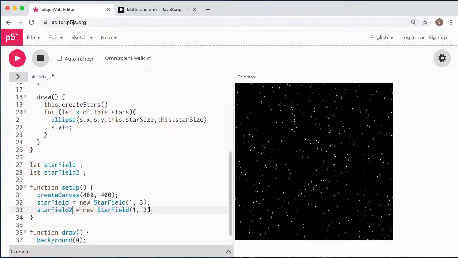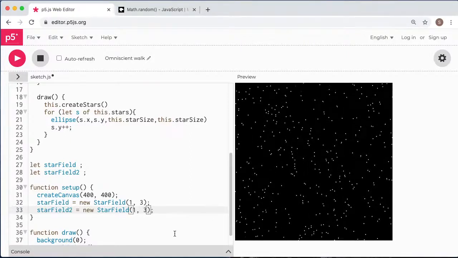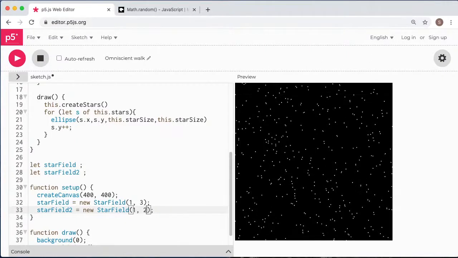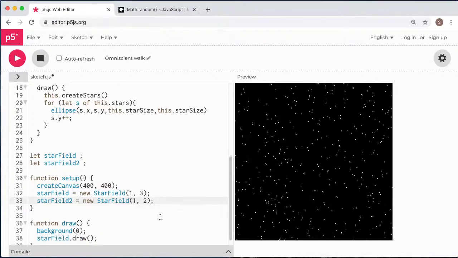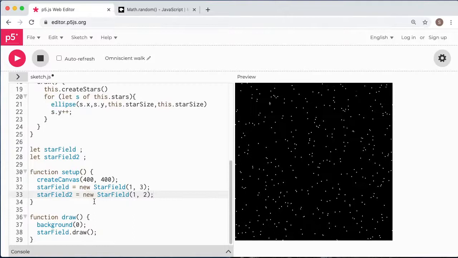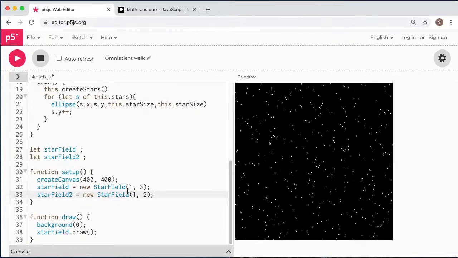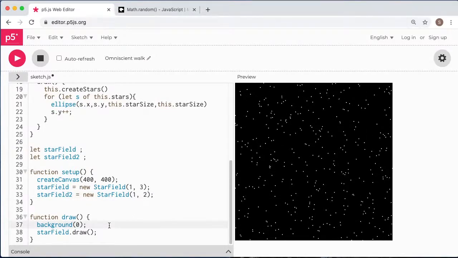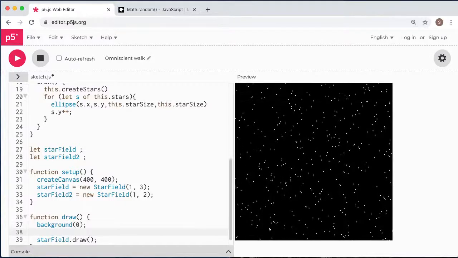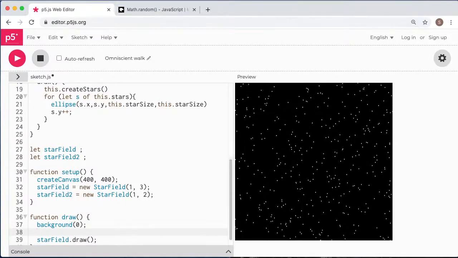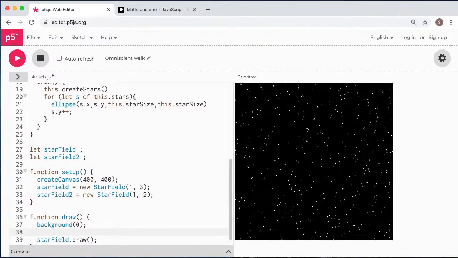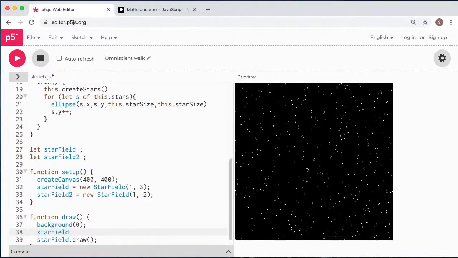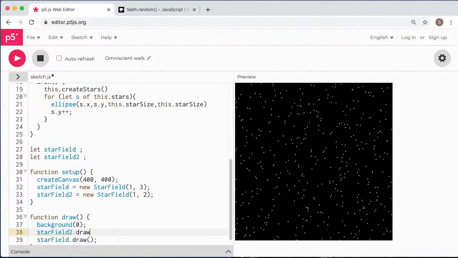And this star field gets, well, smaller stars. And this should be enough to have a slightly 3D-ish impression. Star field 2, draw,